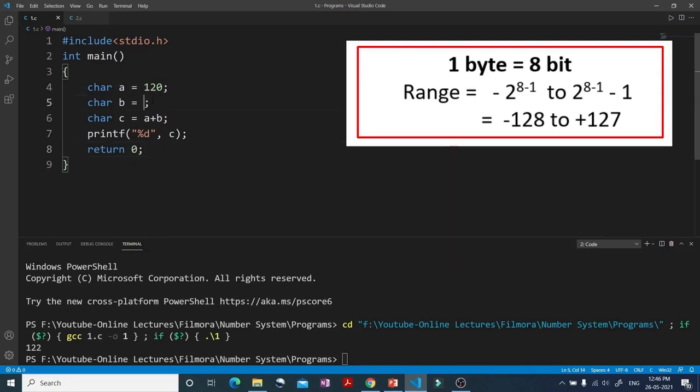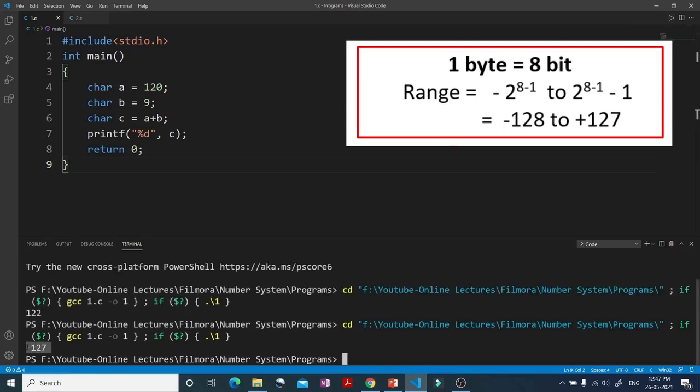But let's say I add a bigger number, let's say 120 plus 9. So 120 plus 9, I will get 129. But as you can see on the screen, 129 is not coming in the range. The last number is 127, that is the positive limit. So here we will get overflow. Let's see what my compiler will give as the answer, whether it will generate a compile time or runtime error, or show some other answer.